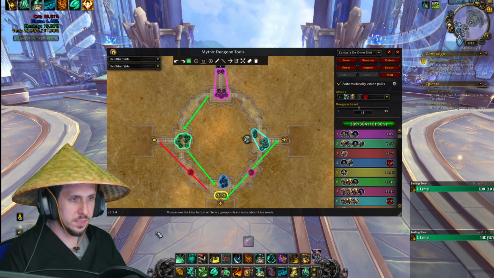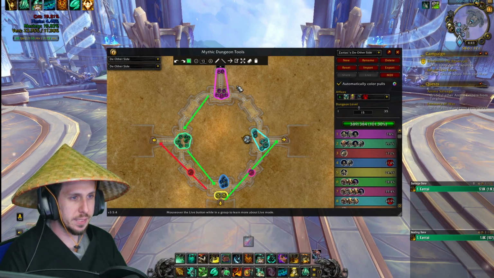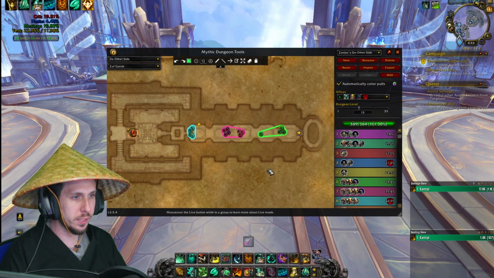Alright, let's start off with the other side. So this is pretty much straightforward. The same route as usual. Pull this together, come around this way, pull this. Come down this way, you'll get your Prideful here, come back this way, and this is the only mob that I'm actually worried about with Inspired is here,